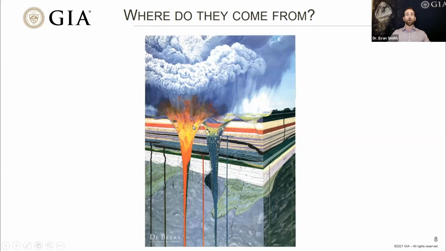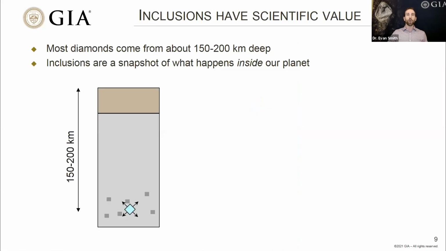And the kimberlites are a volcanic rock that have traveled upwards from great depths, from somewhere below about 200 kilometers deep. And this is where most diamonds form. So we think most diamonds come from a depth of about 150 to 200 kilometers deep in the earth. And this is, for a ballpark, maybe around about 100 miles.